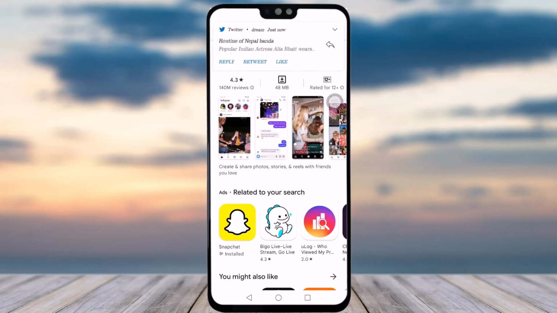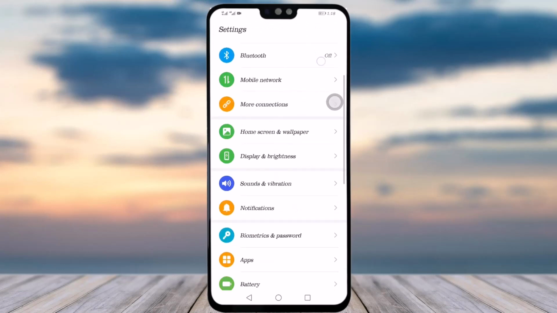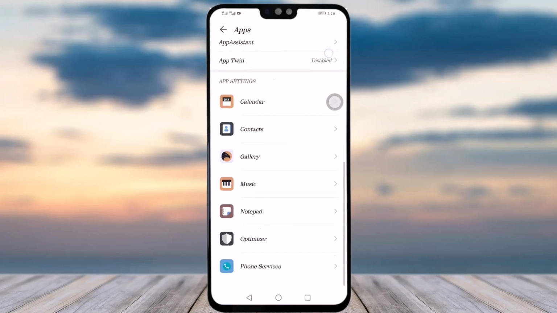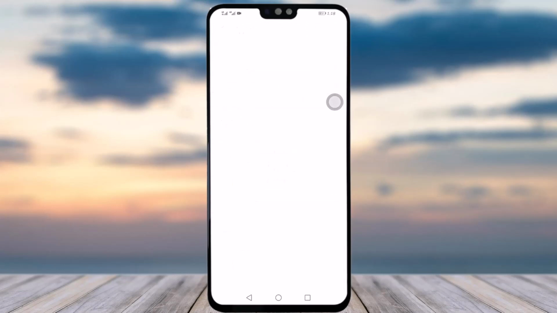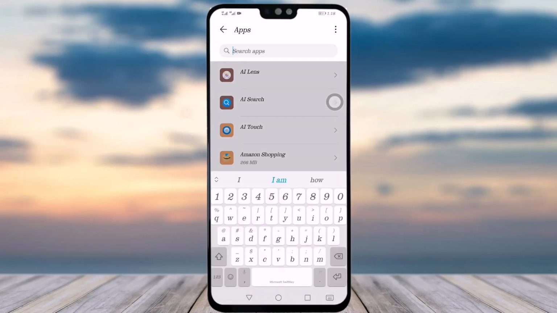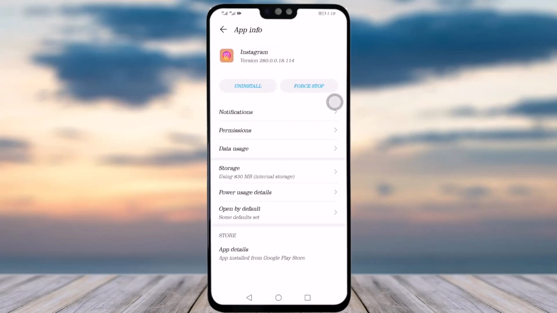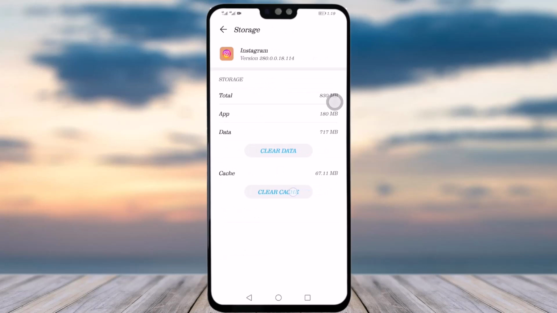And the other thing is that you will go to your settings and go to your apps, and then you will search for your app and go to storage, and here you will clear cache from here, and once you clear the cache you will simply go